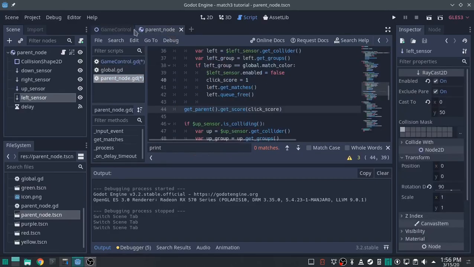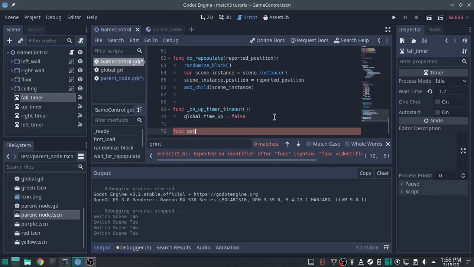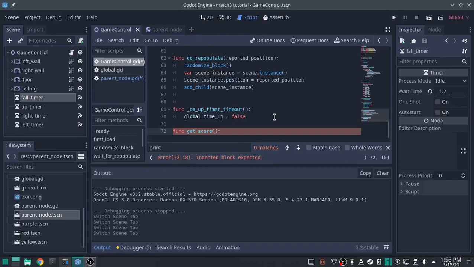What did I call it? Get score. Func get score. And we've got to have a name in here for it to collect that value, and we can name it click score, and that'll work. That actually will work. But